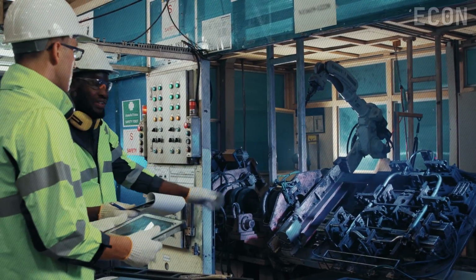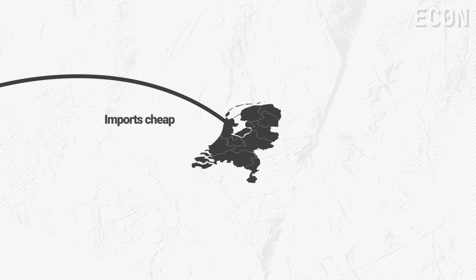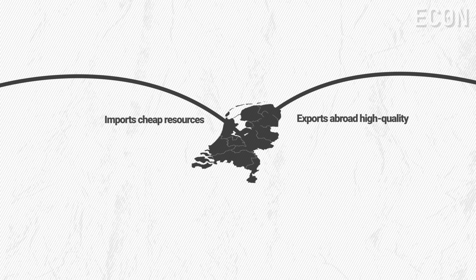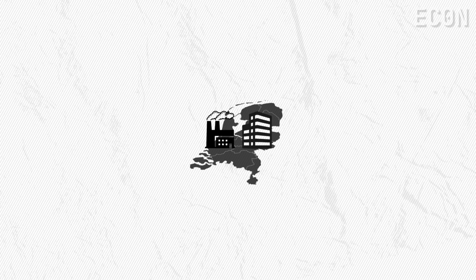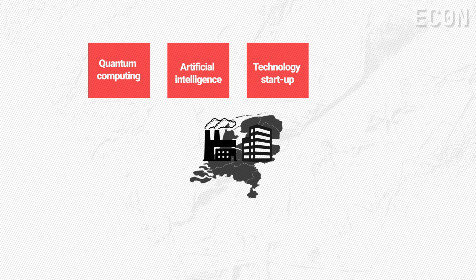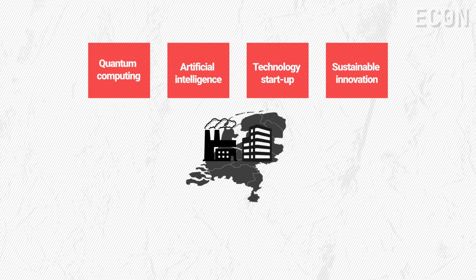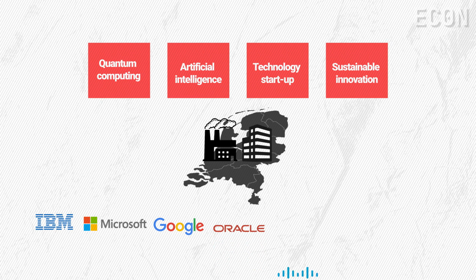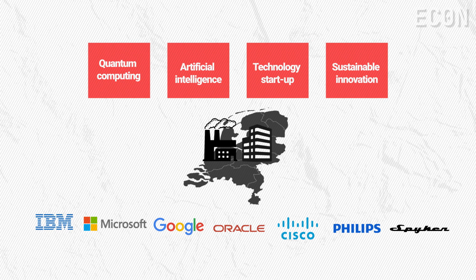Similar to Japan and South Korea, the country is poor in resources, so it imports cheap resources and exports abroad high-quality, ready-to-use products. They actually produce almost everything it needs. It is home to companies of all sizes and sectors. Quantum computing, artificial intelligence, technology startup innovation, and sustainable innovation are all top tech fields within the region. Big tech giants like IBM, Microsoft, Google, Oracle, Cisco, Philips, and the sports car brand Spyker Cars have headquarters and